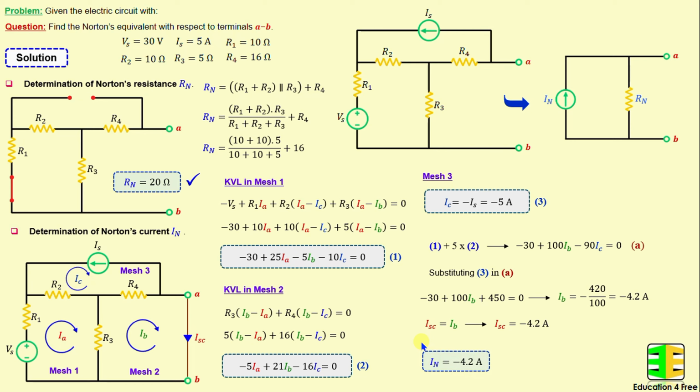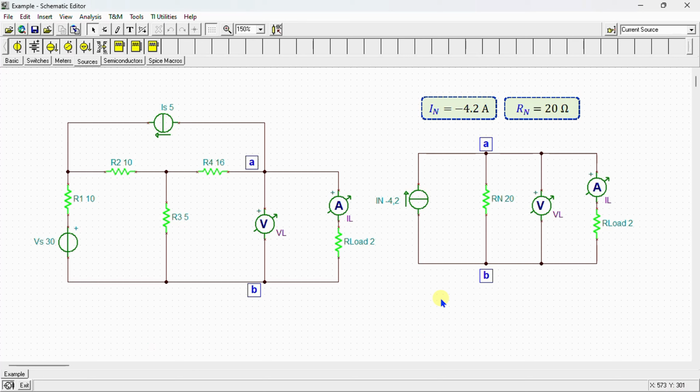After completing the calculations, we conduct a simulation using SPICE to verify our results. Now let's proceed to the SPICE environment. Here is our network drawn in the SPICE simulator. This is the original circuit, and this is the Norton's equivalent circuit between terminals A and B. I connected a load resistor